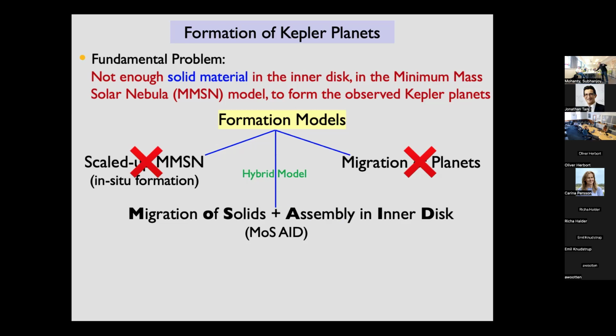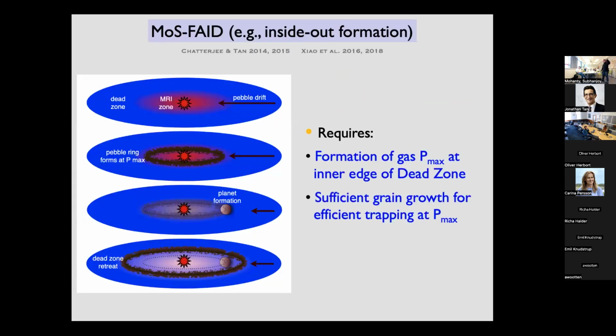Okay, so migration of solids and assembly in the inner disk. It's a combination of these two things, right? You can do this in two ways. You can do a migration of solids and a full assembly in the inner disk. And by full assembly, I mean you grow all the way from grains of dust up to planets. An example of that is the inside-out formation stuff, which I'm sure Jonathan has also spoken to you about